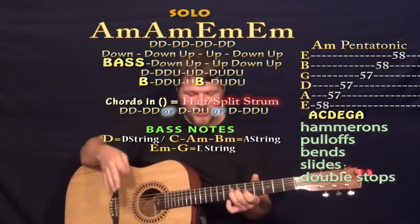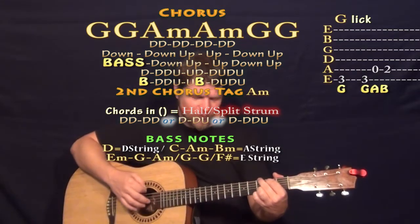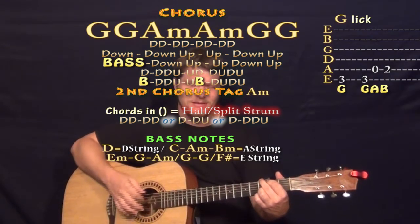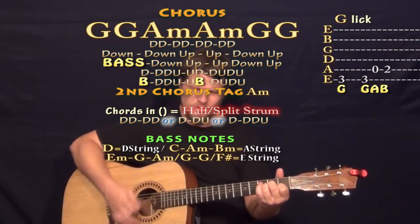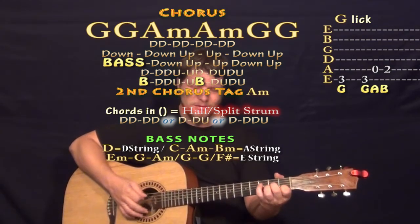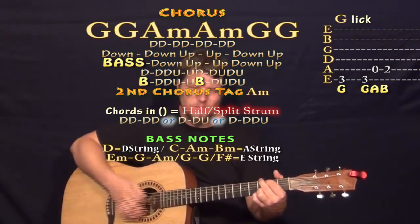And then from that solo, we go back into our intro and back through our verse until we get to our second chorus. Our second chorus kind of tacks on an extra A minor at the very end. So we tried that with the bass down, up, down, up. We'd have the G. Oh, actually, bass down, up, down. G. Or if you're digging on the 16ths, you have the G, A minor,